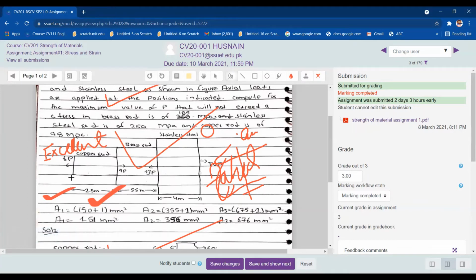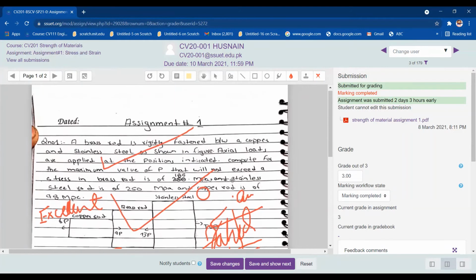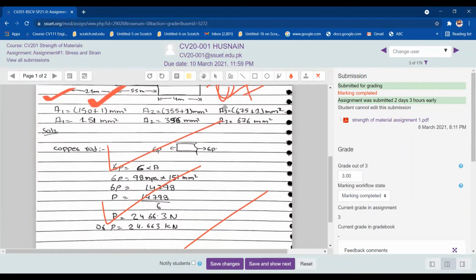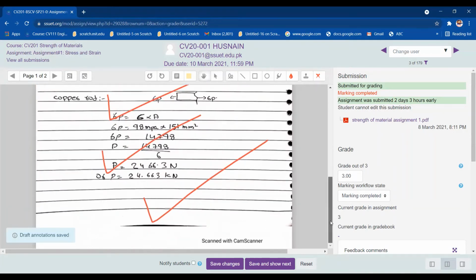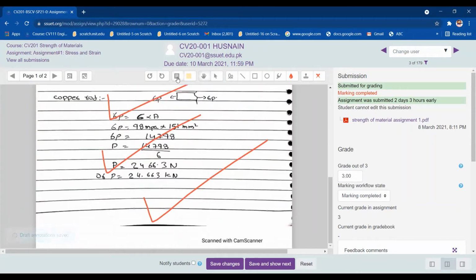You can also see that in my video as well. If you have a graphics pen or graphics tablet pen, that is also good for you. You can use that one as well. You can do it with this scrolling bar. And these are all the things you can do.